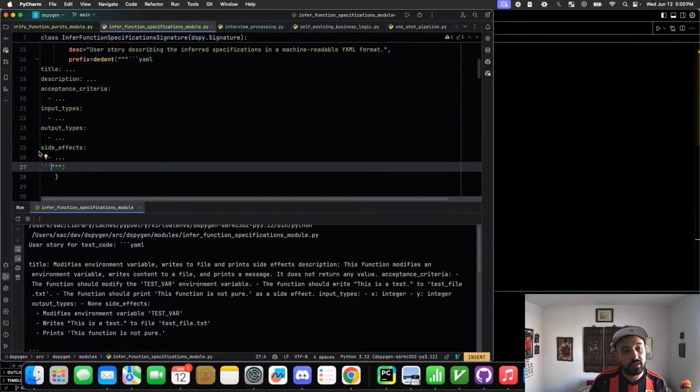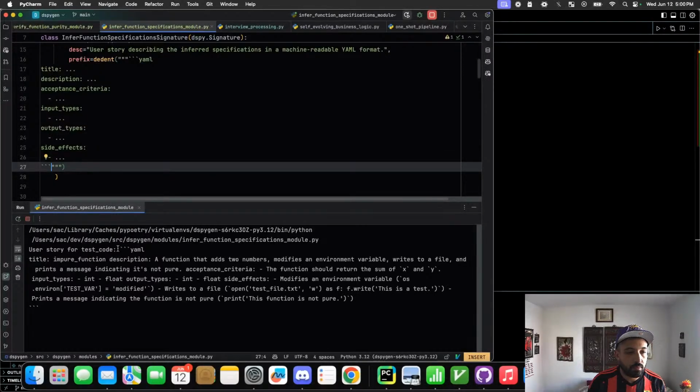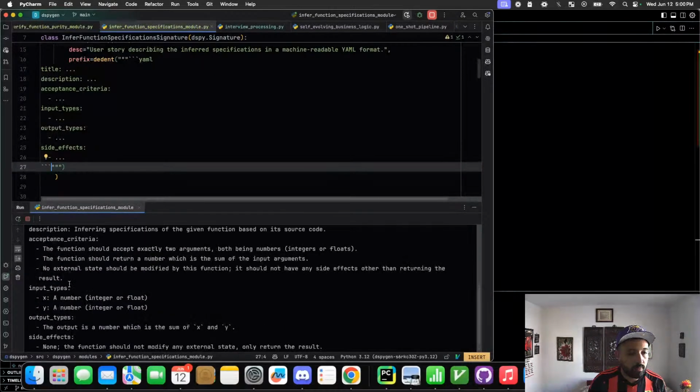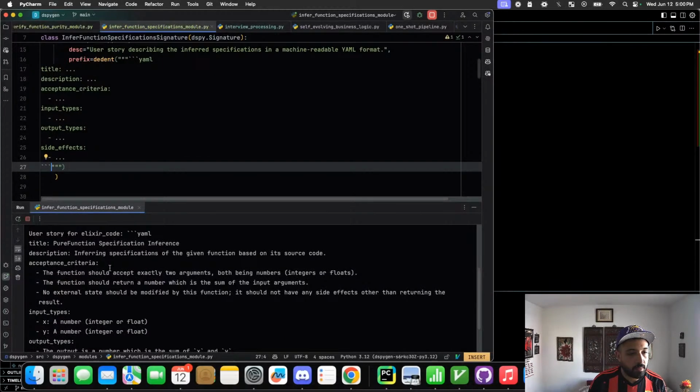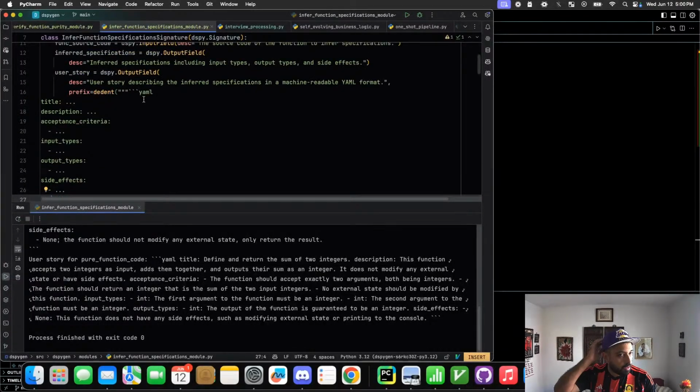Oh, and see, I had this triple backtick that I didn't notice. So sometimes it has the line breaks, and